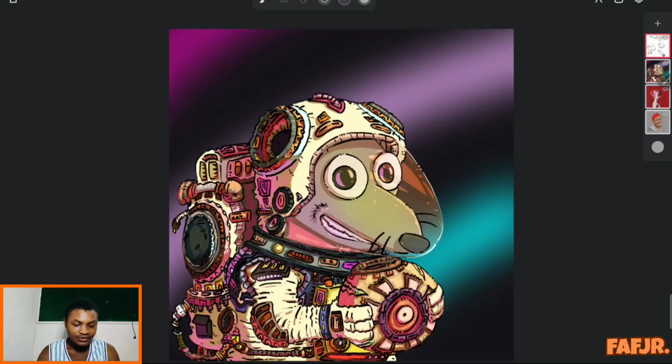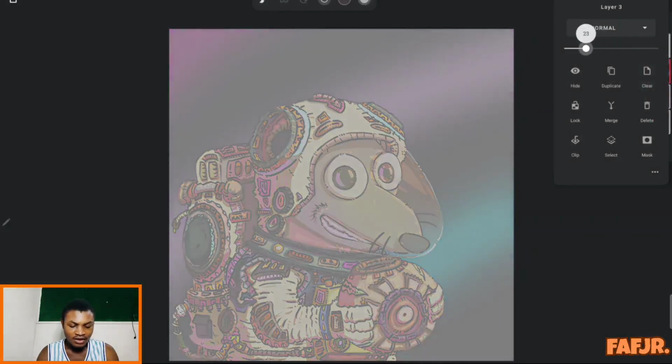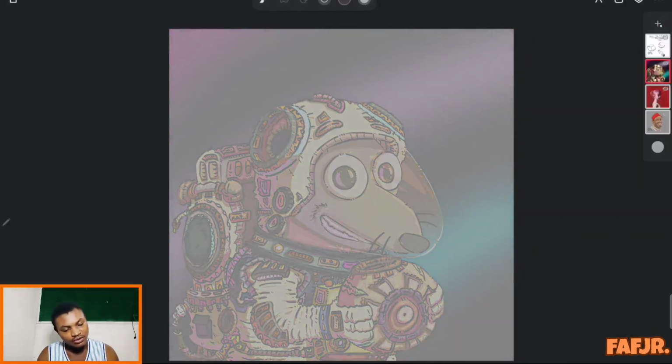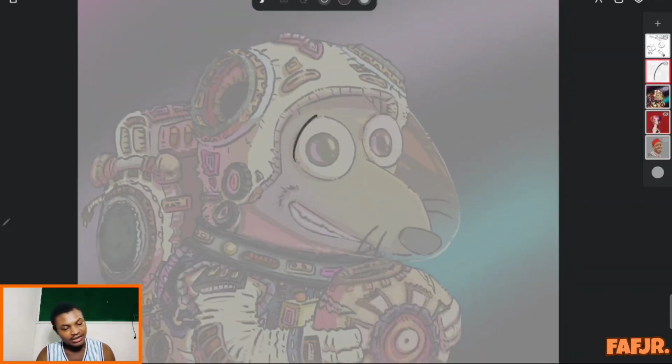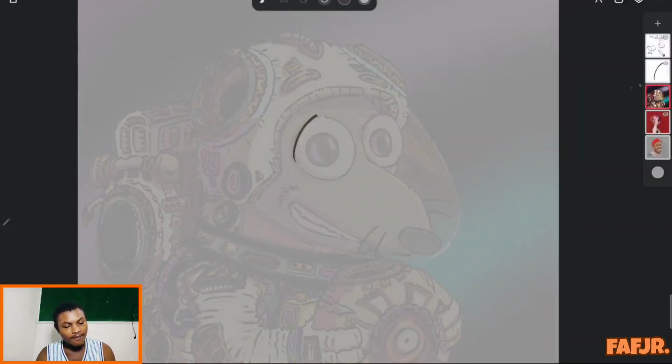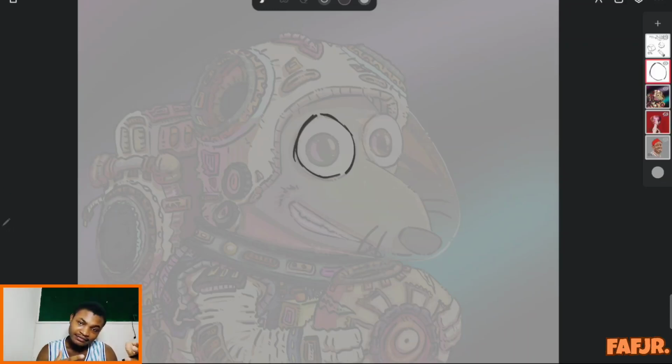So I have some examples here. These are some of my old arts. This is something I did for OG Rat, an artist-driven project on Twitter. So if I reduce the opacity, I'll show you an example of the way I drew the character. For example, this eye you see here, it's a sphere, a circle, but I'm thinking in 3D. So simplification, like I said, think in 3D, but simplified. Don't get carried away with